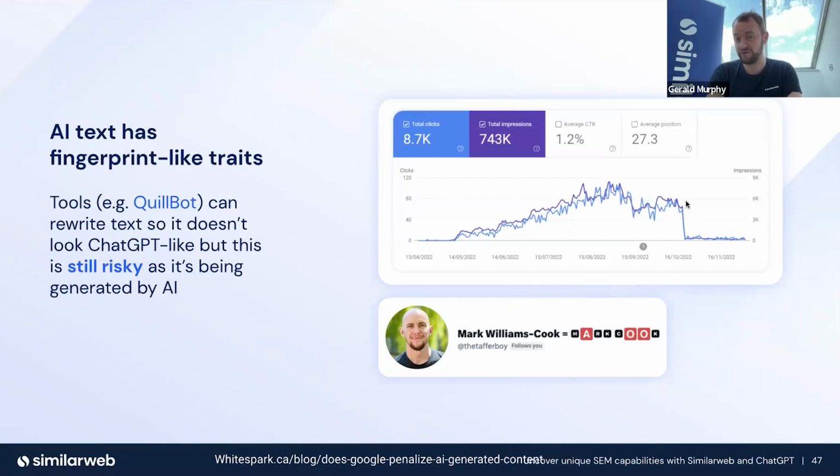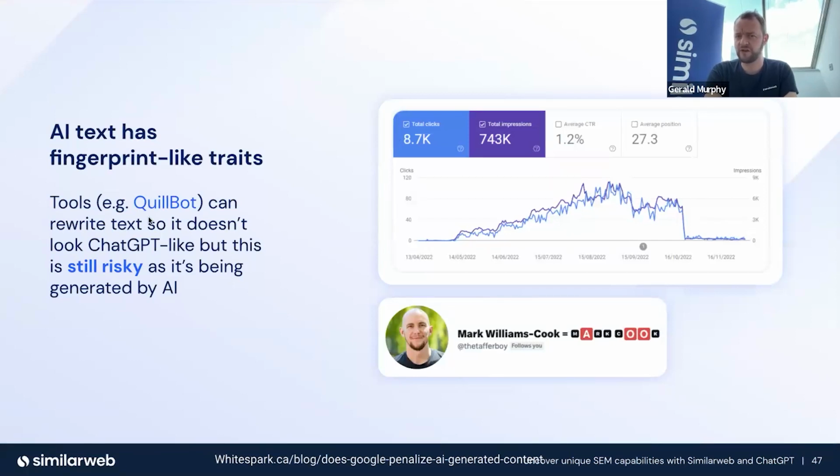Then what happened is what often happens in the case of Google penalty updates: when you've been negatively impacted by one, you'll see the traffic basically goes off a cliff. What's basically happened here is Google's worked out that this content has simply been generated by ChatGPT. It's not really providing much value to the searcher. As a result, it's going to rank other websites that have done lots of research and have followed a concept called EAT in the framework of creating content, which we're going to be talking about very soon. So be very cautious of just simply copying and pasting text and looking for really good performance. It doesn't work like that.